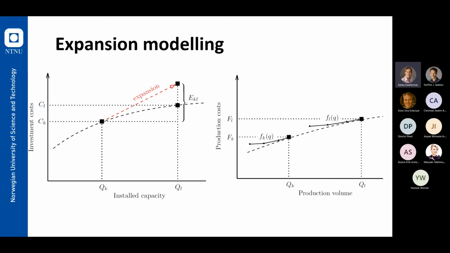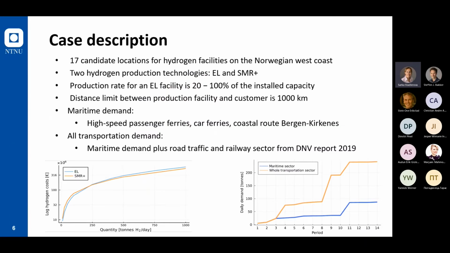And then when we decide for expansion, we jump to the higher capacity, and the expansion costs consist of the investment costs into the bigger facility minus the investment costs into the smaller facility we have originally opened, plus some markup, because we model expansion as a more expensive alternative than opening a bigger facility right away. And after expansion, this short-term cost function becomes available. And this is the same no matter how we reached this capacity. And now to our case.